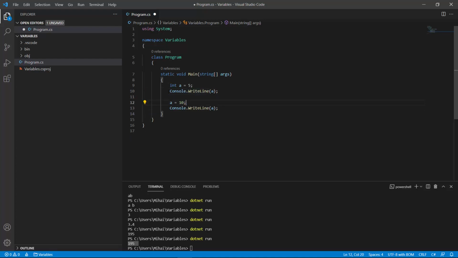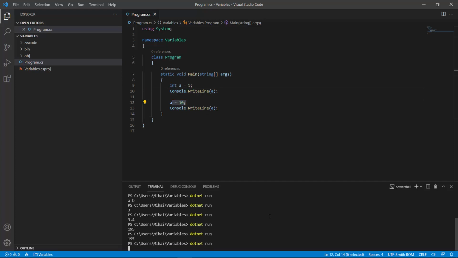So, as you can see, the Console.WriteLine(a) doesn't change, but the value of a changes between these two executions. And if we run this code, we should see first a 5 and then a 10. And we can see first a 5 and then a 10. This is extremely useful because